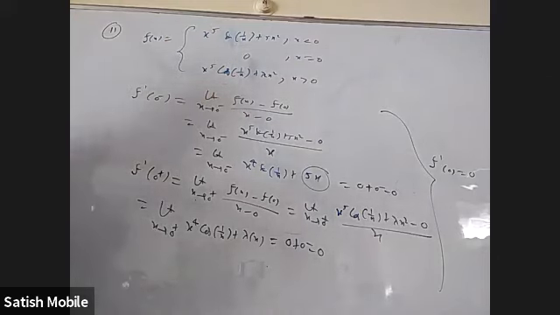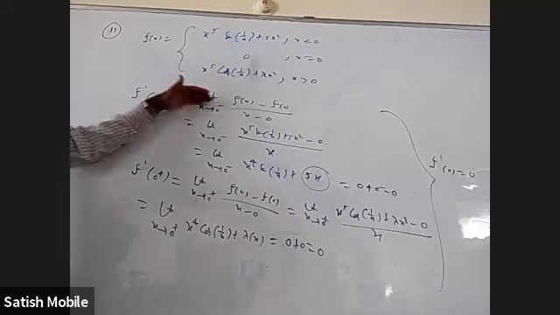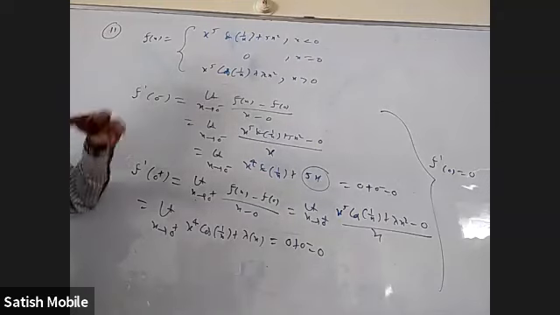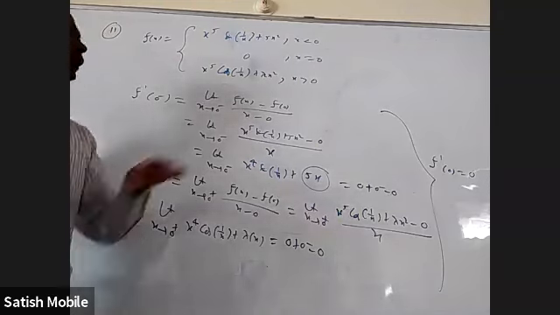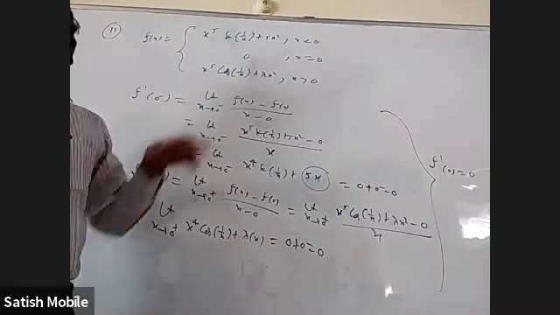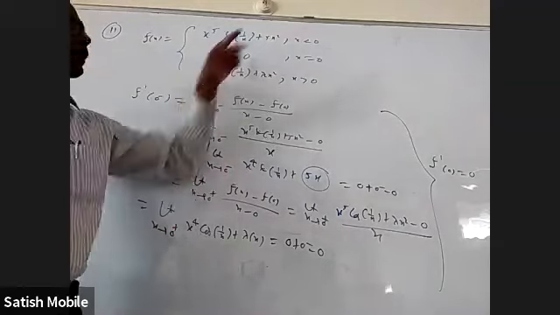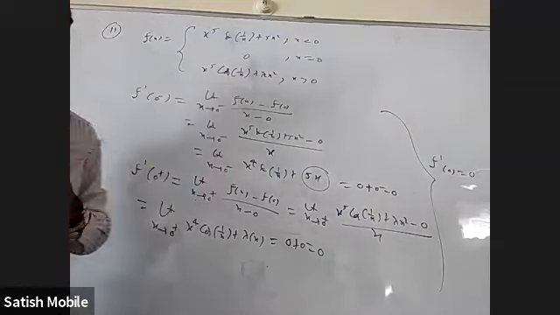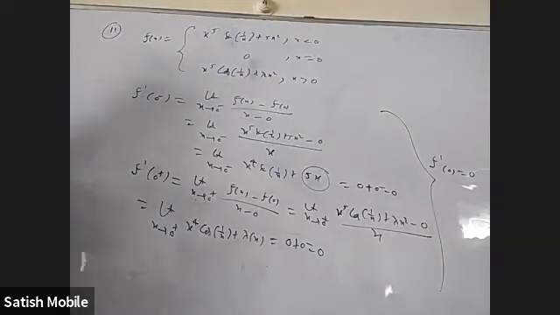If you want derivative at 7, 9, 100, 1000 and all, other than 0, any other number, you don't have to use first principle because by using first principle only, all formulas are derived. You can directly differentiate this and substitute 7. If you want derivative at minus 5, differentiate this and substitute minus 5 because minus 5 belongs to this category. Only at 0 we have to use first principle because there is a change of definition.